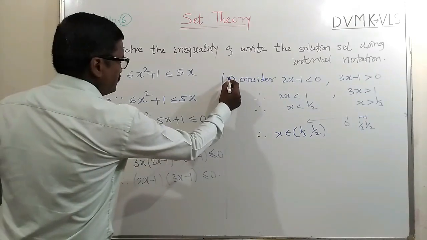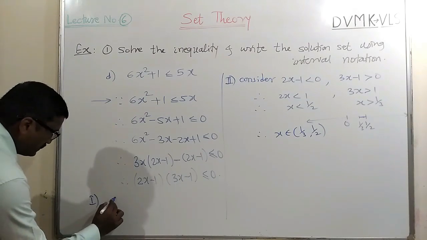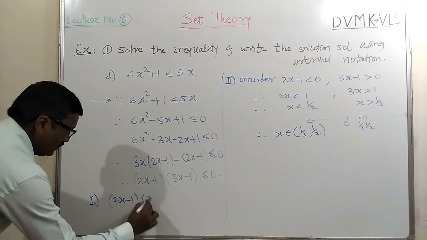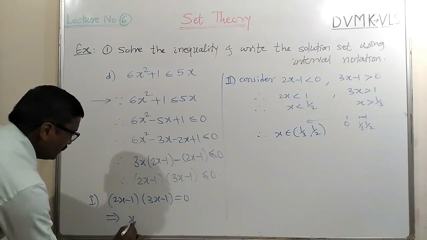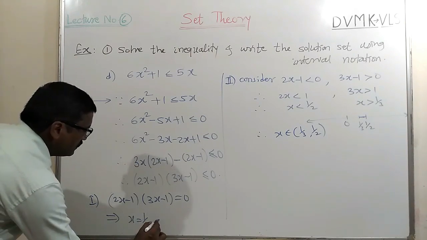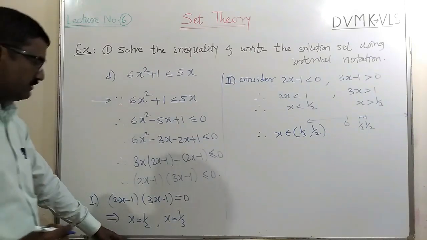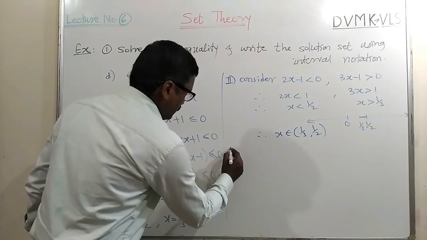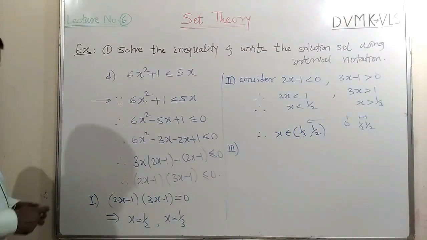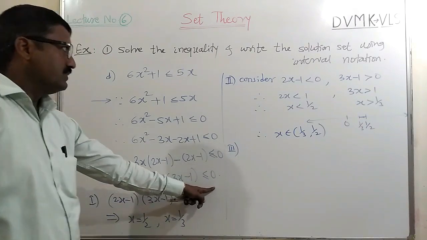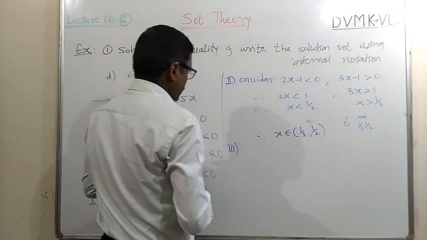So let us once again consider this as the second case. First case, that is 2x minus 1 into 3x minus 1 is equal to 0, implies x equal to half or and x equal to 1/3. Okay, so that we can combine this in our last conclusion point. Now let us see the third case. Third case, that the product is negative when the first is positive and the second is negative. So in the next case we will consider